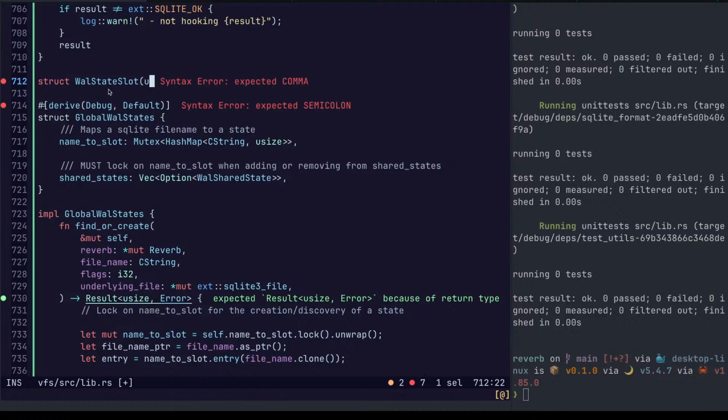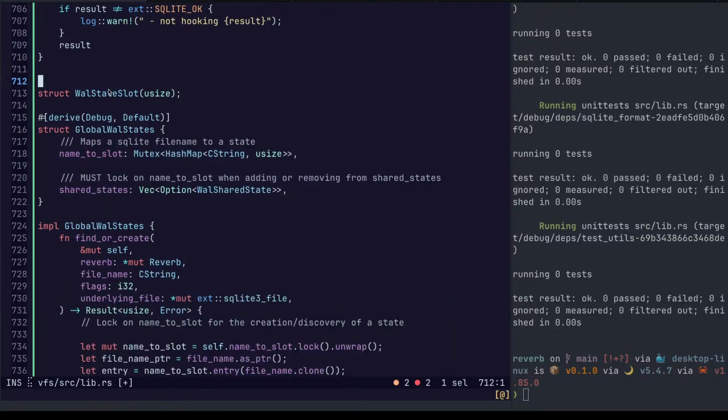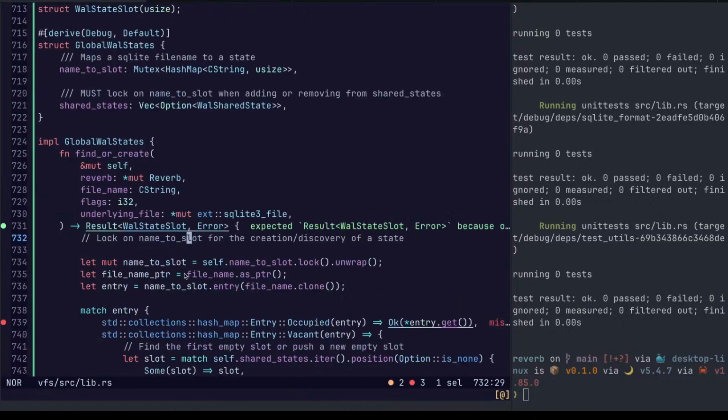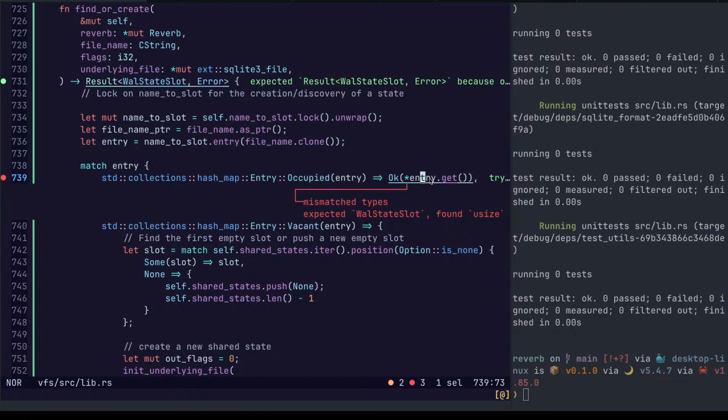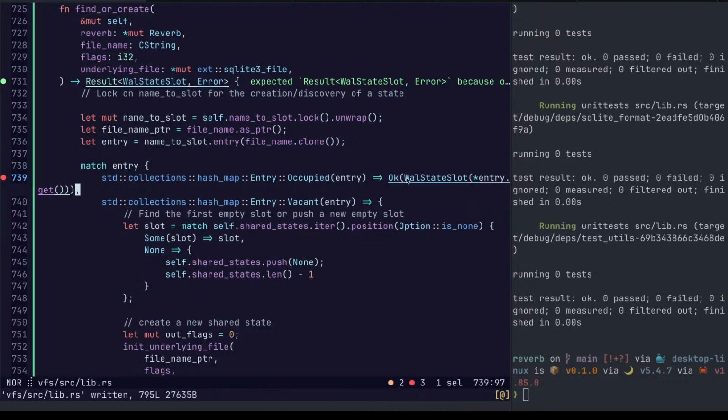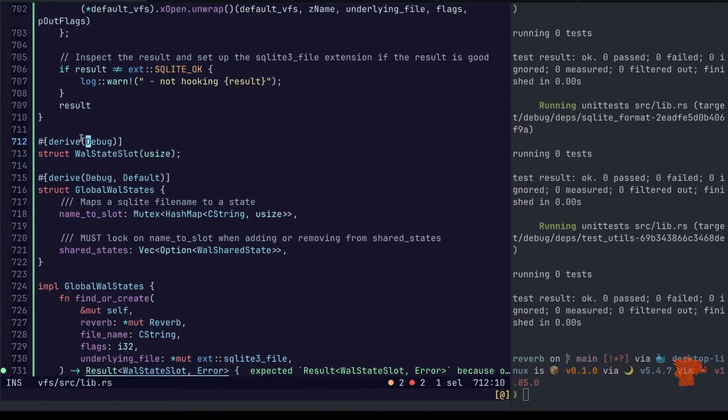Shared state slot, usize. And these are copy and clone.